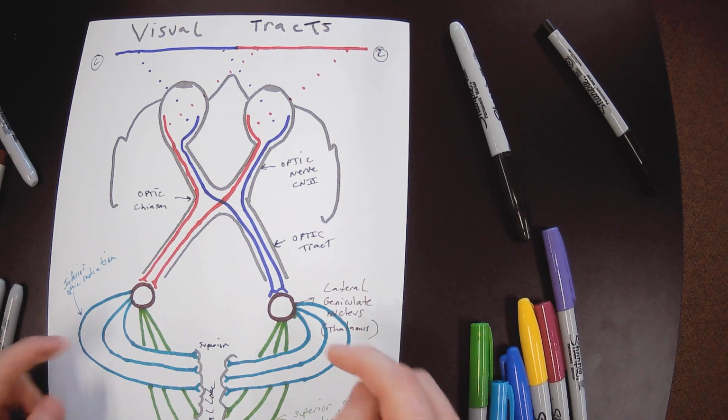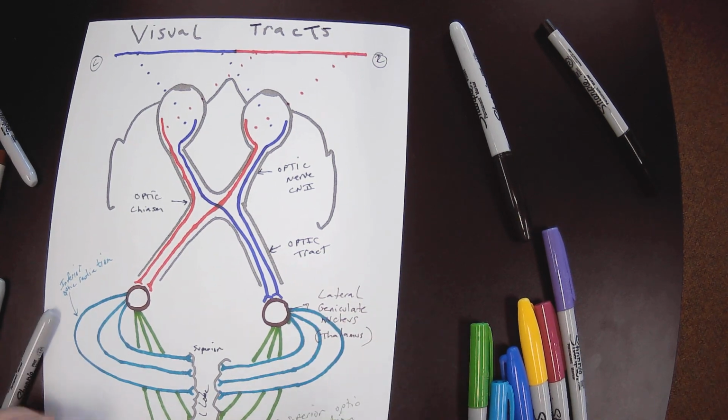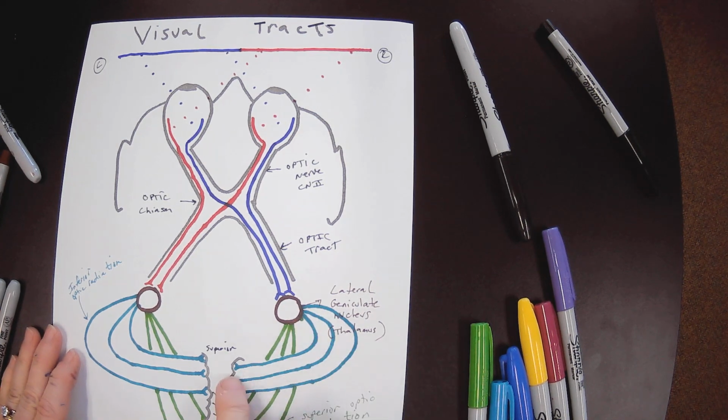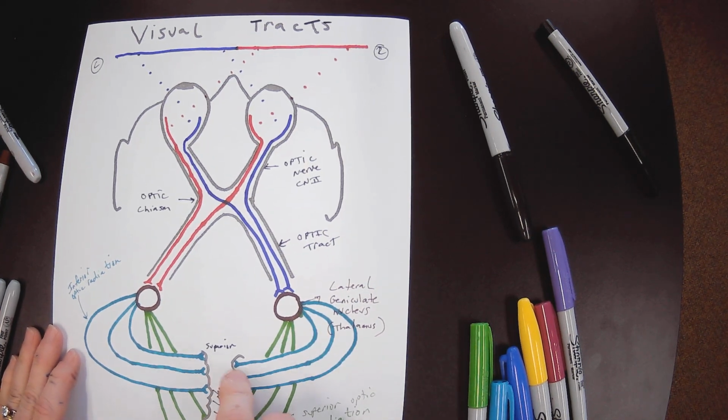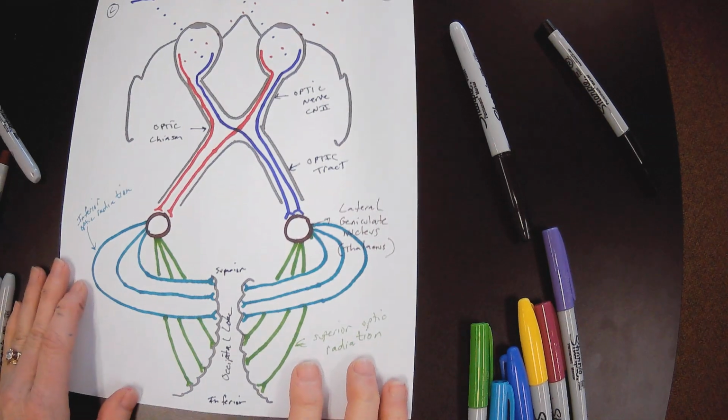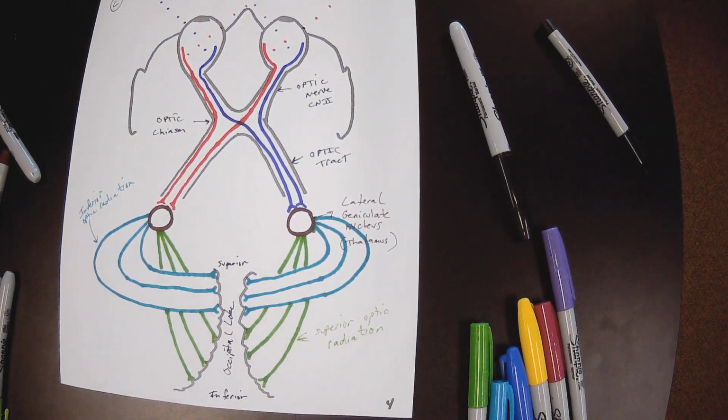Okay. From there, at the level of the thalamus, 2 different radiations appear. The first radiation is your inferior radiation that synapses with the superior occipital lobe. And then the second radiation is your superior optic radiation, and that synapses in the inferior portion of the occipital lobe. Questions? Good? All right, let's go ahead and